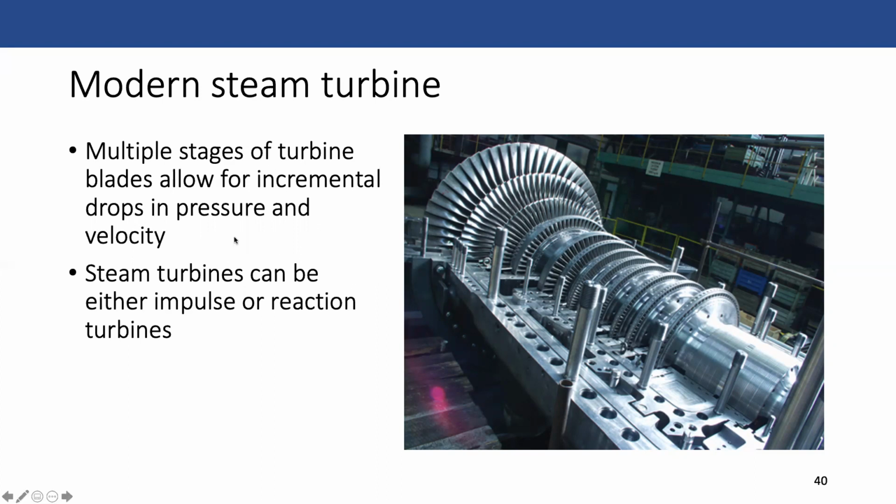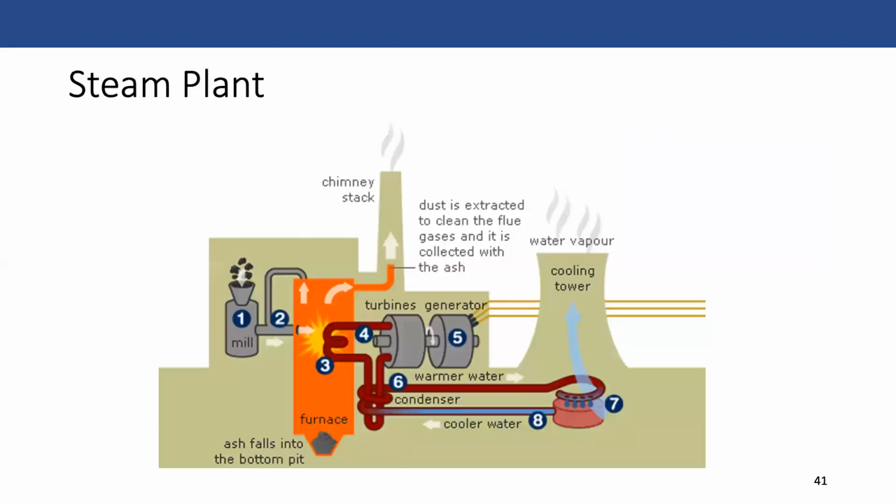So this is a picture of what's called a modern steam turbine. So what you send through this turbine is hot water, steam, essentially. Okay, so this is an example of a steam plant. And so this is specifically a coal steam plant. So in the process one, which I had discussed before, this is all the pre-processing, where you grind up the coal into fine particulate dust. And you send that into a furnace, okay?